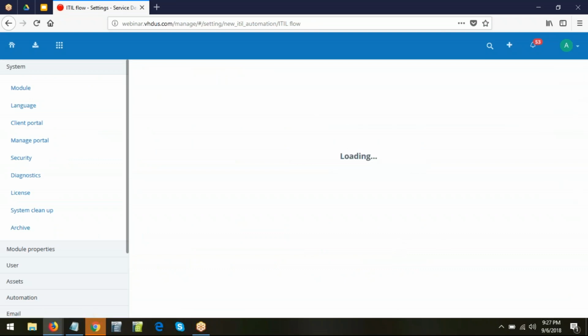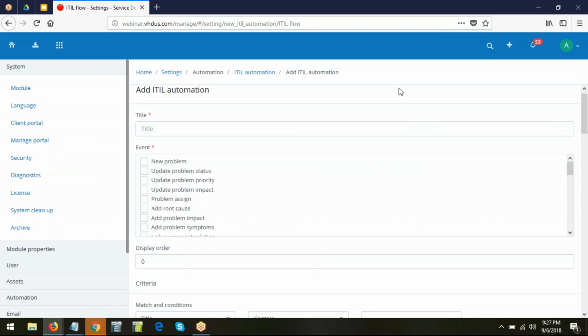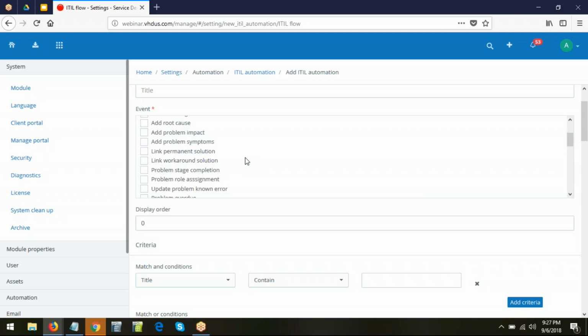So you can add an automation rule for a change request from here. So over here you can define the event. So for example, it can be a new change or update your change status. That is in case of a new change request, or in case the status of a change has been updated,